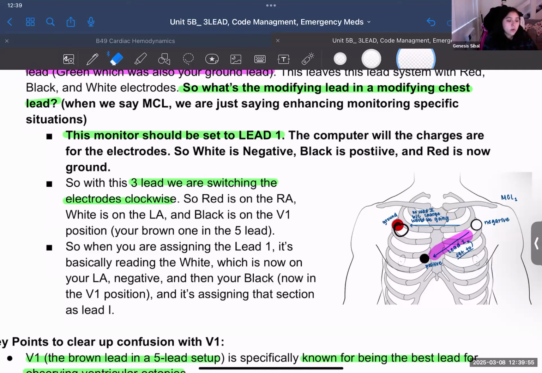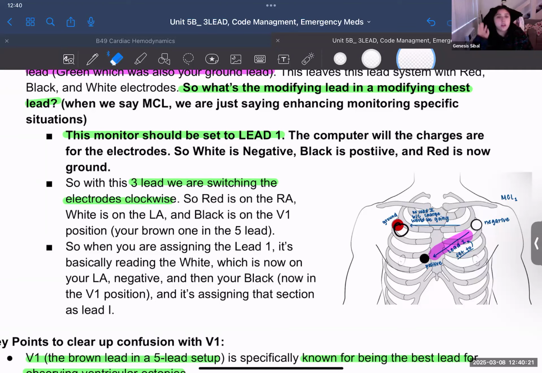So again, when you were assigning the monitor to lead one, it's basically reading the white, which is now on your left arm, which is negative, and then your black, and that's now in the V1 position, and it's assigning that whole two voltages, so it's a bipolar lead to lead one. So I hope that kind of makes sense, but really, again, to kind of summarize it, looking at the 5